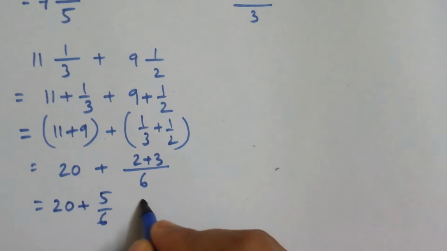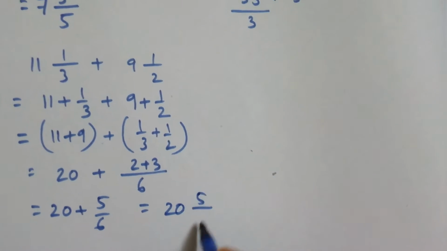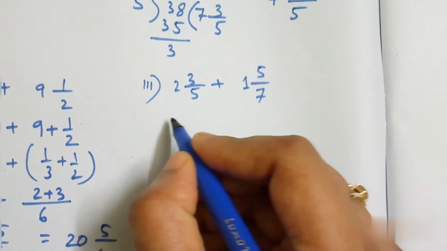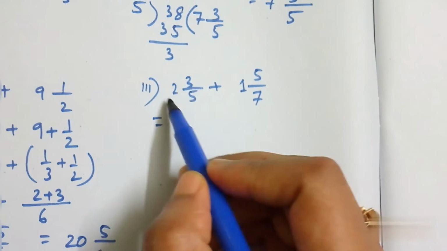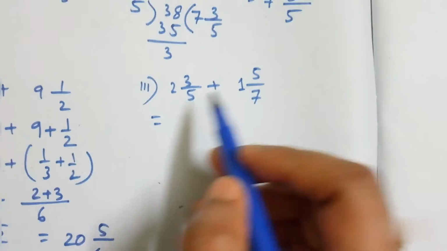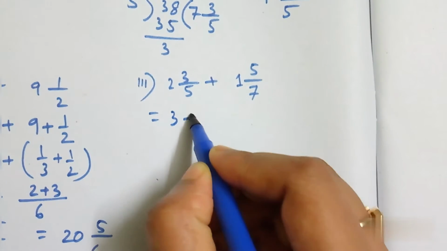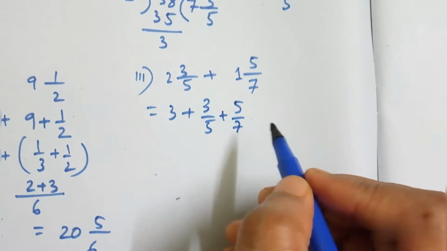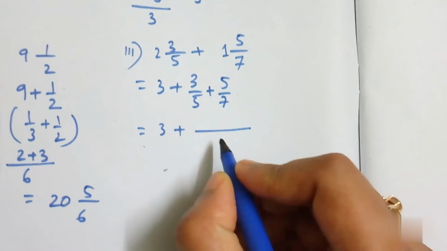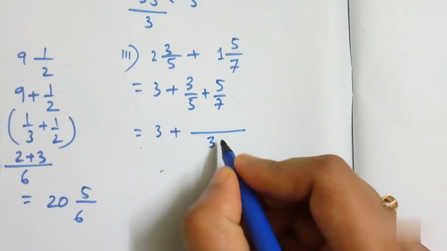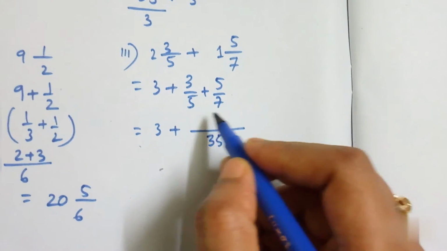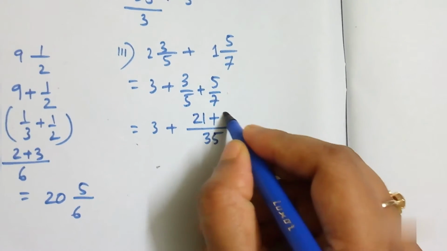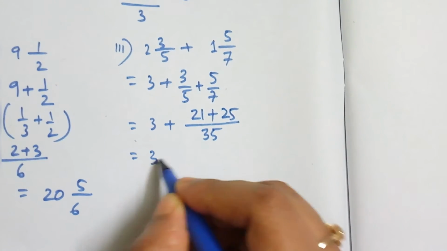We can write this like 25 by 6. See this example, 2 3 by 5 plus 1 5 by 7. What will you do? First add these whole numbers, 2 plus 1 is 3, and add these fractions, 5 by 7. Okay, now see, the denominator will be 5 into 7, it is 35, and the numerator will be 7 into 3, 21, plus 5 into 5, 25. So it will be